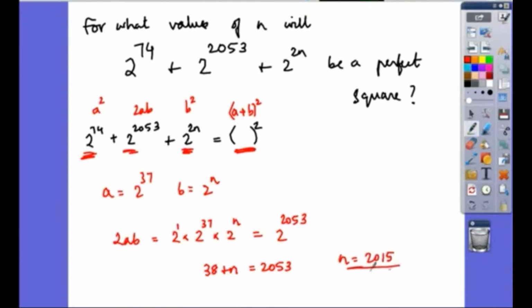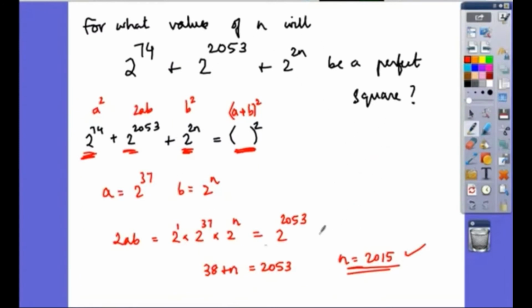2015. So that's the answer. Now do you call it a tough question? It's easy, right? But understanding this part is difficult. So you'll have to understand how a formula is prepared. So a plus b whole square, what's happening for a plus b whole square? It's been broken into 3 parts for simplification. That's how you observe and learn formulae.